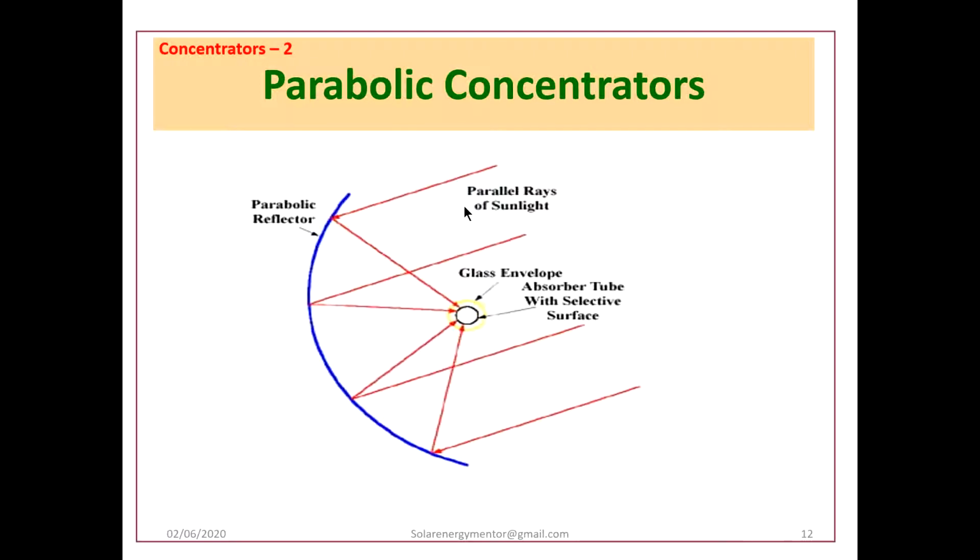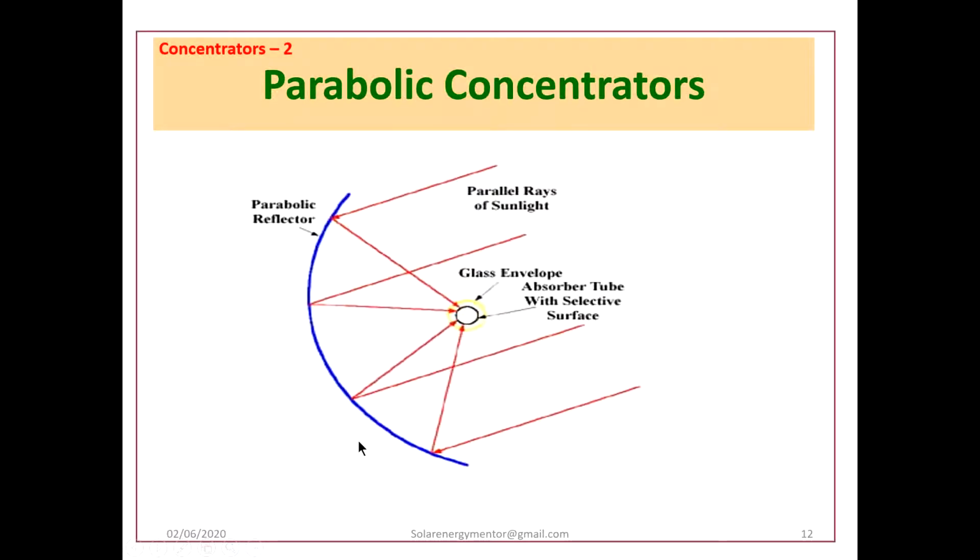The second most popular concentrator concept is the parabolic concentrator. The parabola has a characteristic that if light is normally incident on this parabolic profile, then the light is reflected at a common point, called the focus. If we provide a mirror or reflector surface on the inside, and solar rays are incident parallelly on this reflector surface, you will get a focus here. At the focus, solar energy is concentrated.